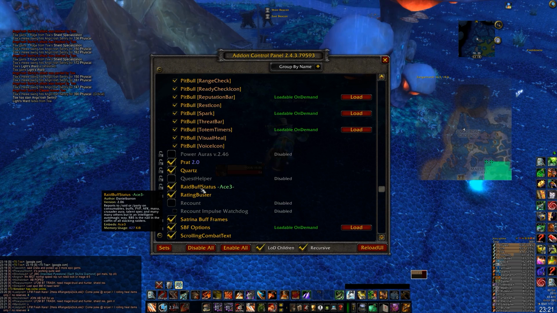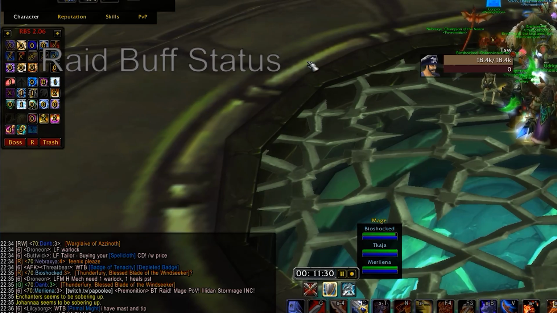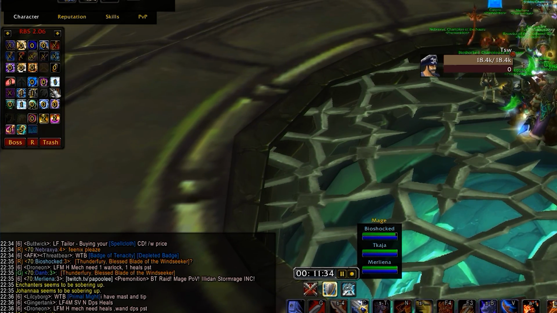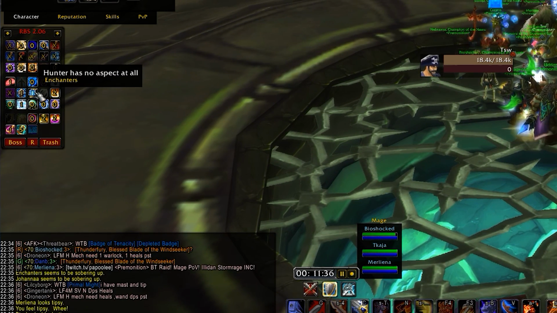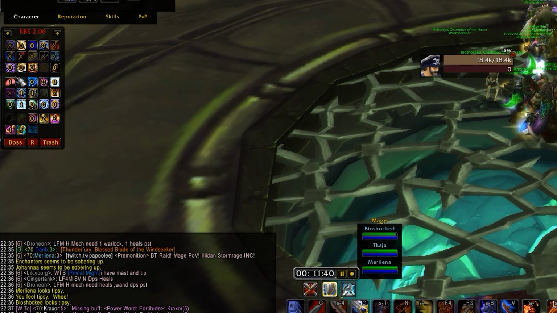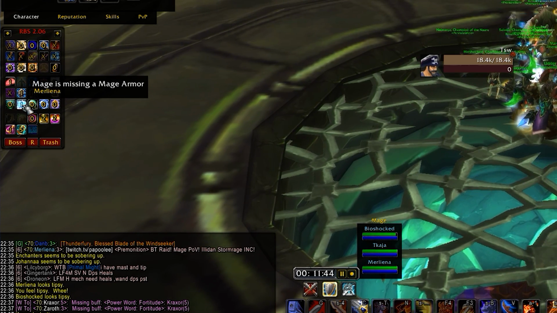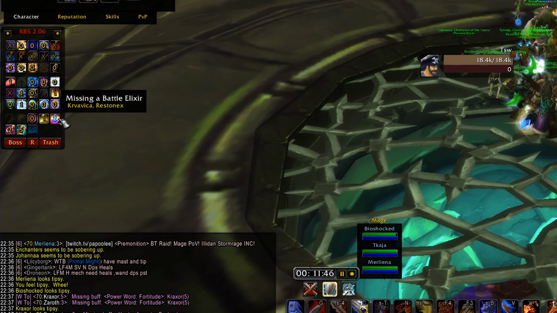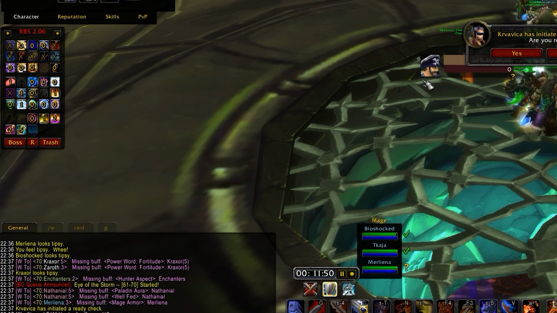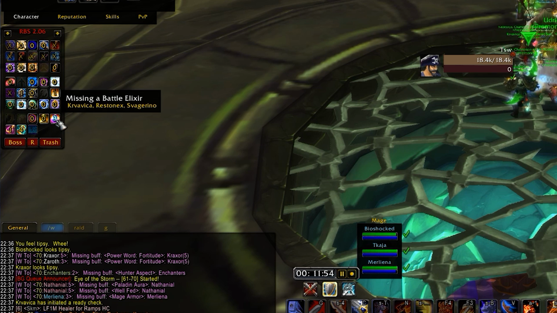Next we have Raid Buff Status, which is a really cool add-on. I love it so much. It basically brings up an interface in the center of your screen, I think, which is the default position. Just drag it away. It shows you all the different buffs that people have in the raid, or rather the buffs that they don't have. It will show you the player who is missing, you know, Power Word: Fortitude and Mark of the Wild. You can shift click the icon and it will